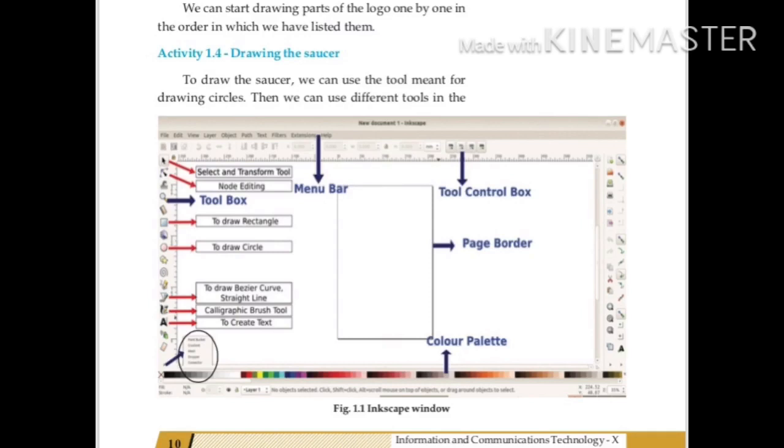On the left side you can see the toolbox. Different tools are there like the select and transform tool, node editing tool, rectangle tool, circle tool, then calligraphic brush tool, and the text tool to type something, etc. So today we have to learn how to prepare a cup and saucer using this Inkscape application. Okay, let's see.